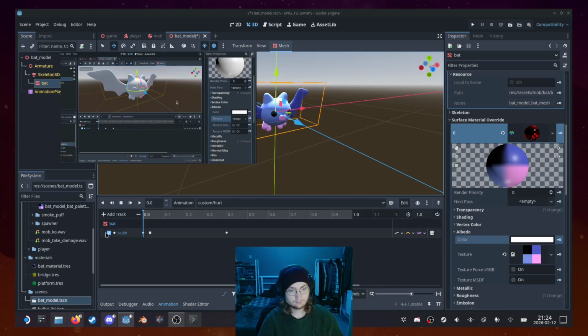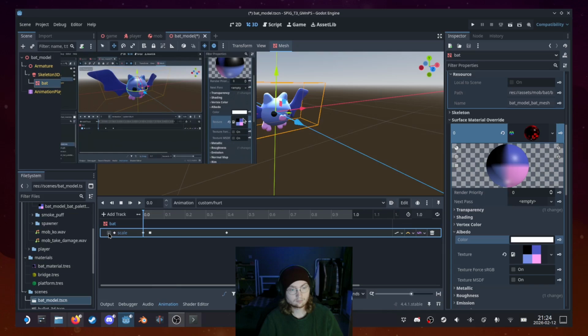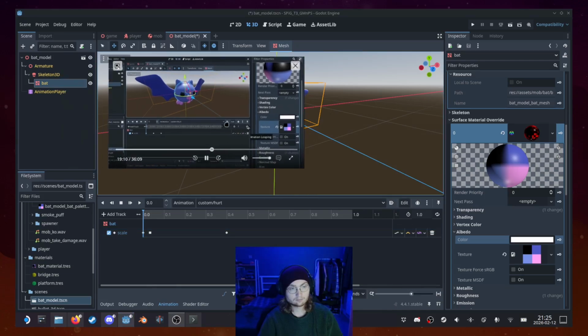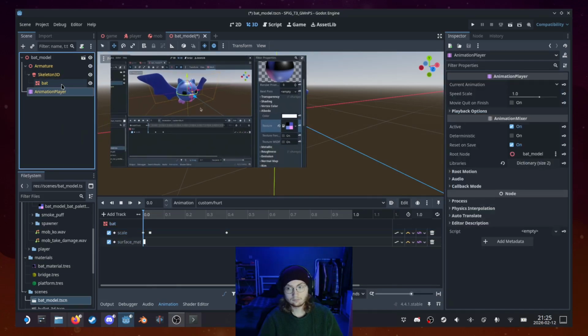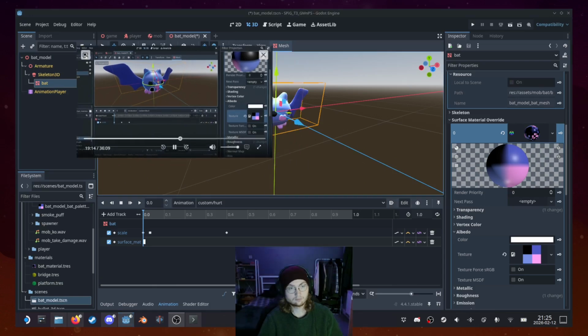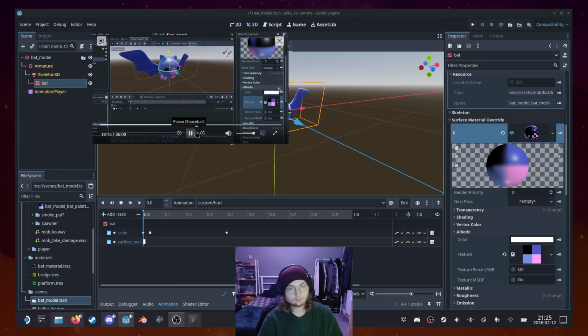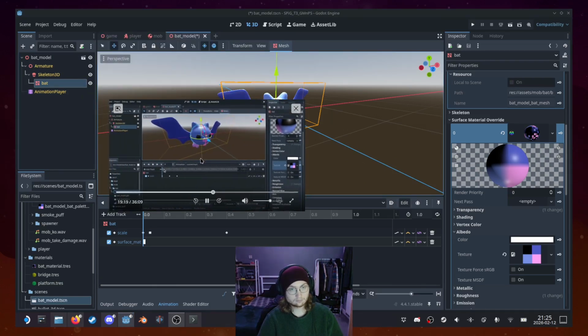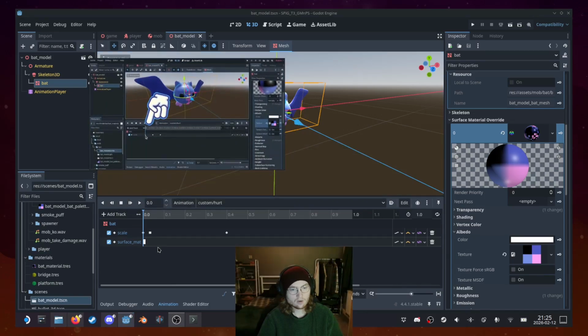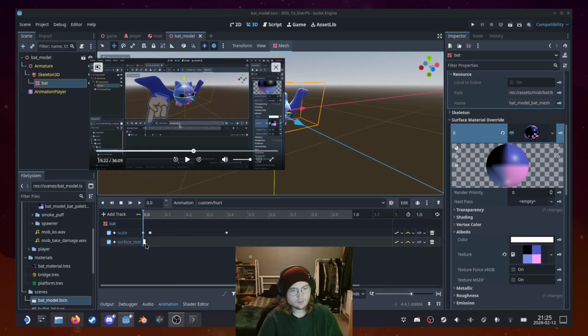A texture is an image that's applied to the 3D model. And this one is very simple. It's just a bunch of colored squares applying to different parts of the 3D geometry. Okay, so let's animate the color of the bat. So make sure that your time cursor is at the start of the